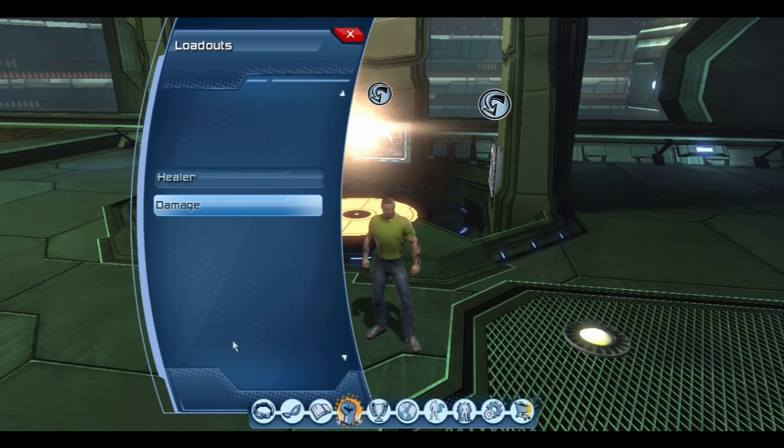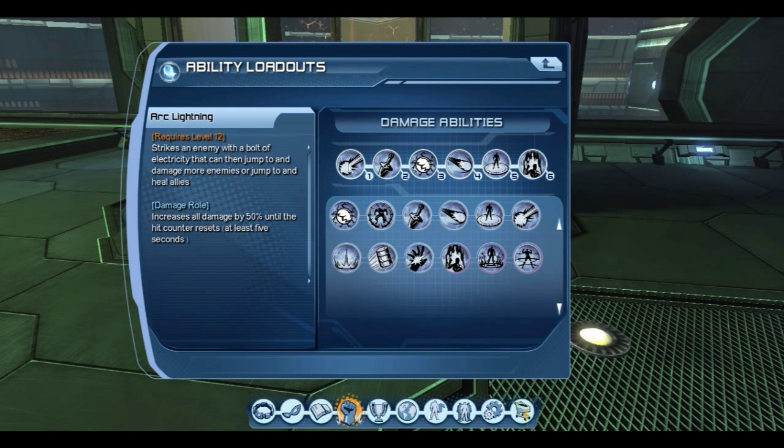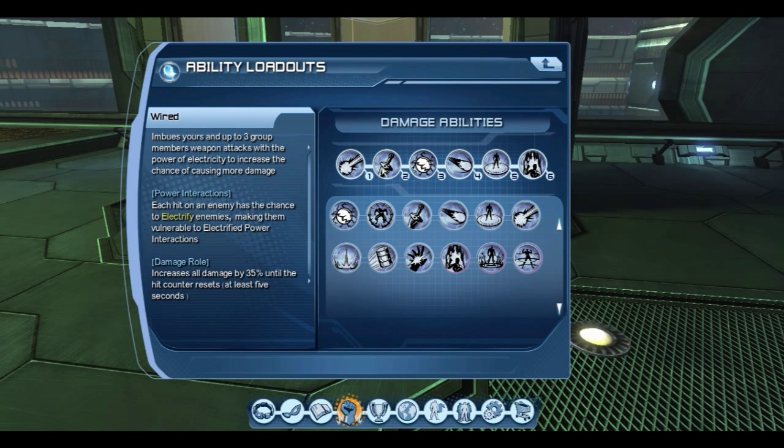Now let's move on to what most of you have been waiting for, the DPS, or damage per second. My first slot is Arc Lightning. Even though it hits only one target, it will jump to other targets as well. My second slot is Wired, which will grant your allies increased weapon damage, so it's good to have it in